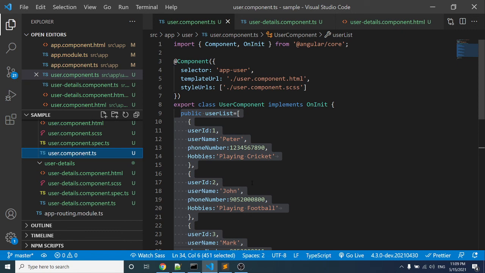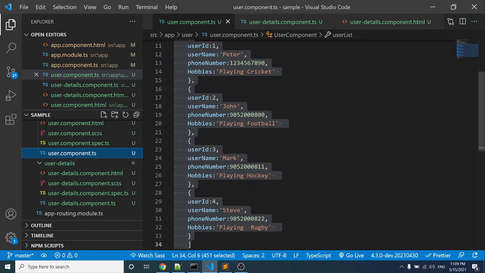As these are only two components, it will be okay. But if we have multiple components, it will be difficult to maintain the data. To overcome this, we will use services in Angular. With the help of services, we can maintain this data in one place and modify it in one place, so that it will be reflected in all the other places.